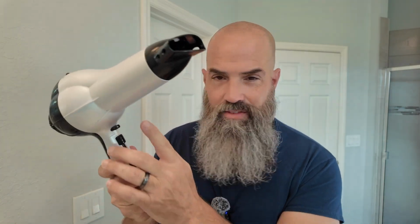while at the same time making it dense. So what I'm going to do is I'm going to grab my blow dryer, and I'm going to keep it on cool. I'm not going to use any heat. And then there's also a cool shot button. I don't know if it makes it any cooler than on the cool setting, but I'm going to use the